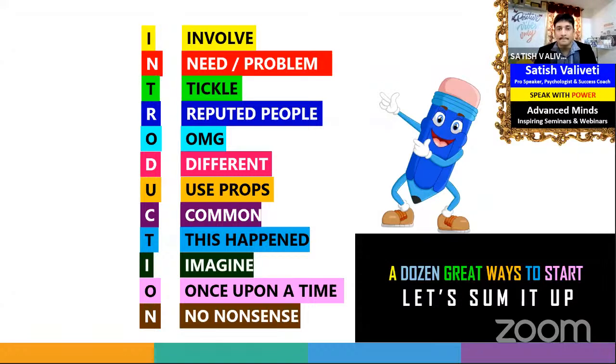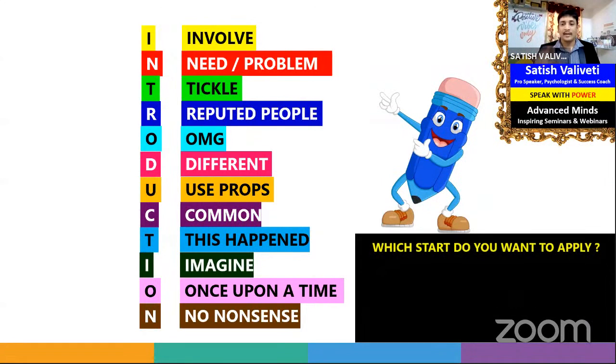Okay, yeah. Now, friends, let's move on. Now that we learned 12 great ways to start our introduction, I'm going to give you one bonus strategy, and that's called ABC. Please make a note of it. One extra strategy. By the way, friends, with these 12 strategies, you have to decide every time you want to talk which one you want to apply. Put it on paper. Always think on paper.